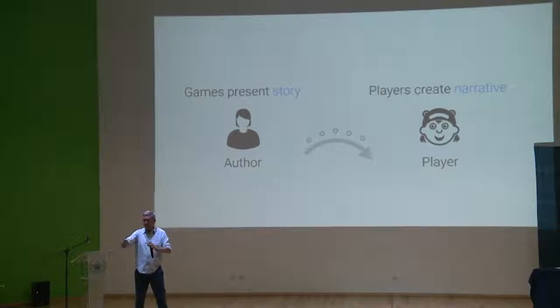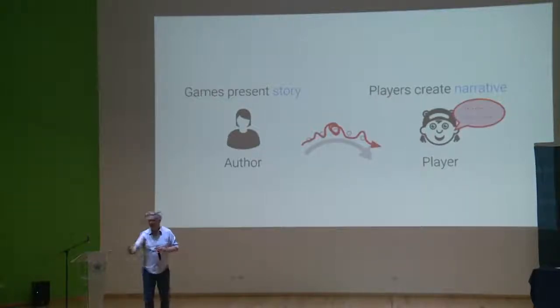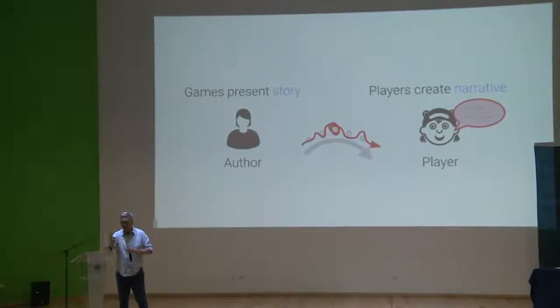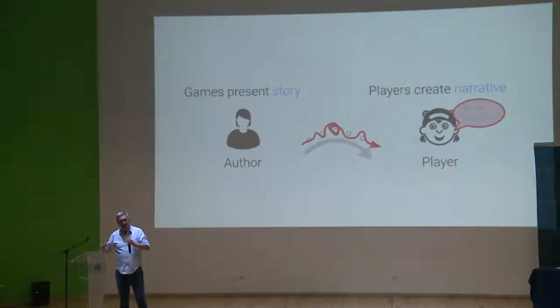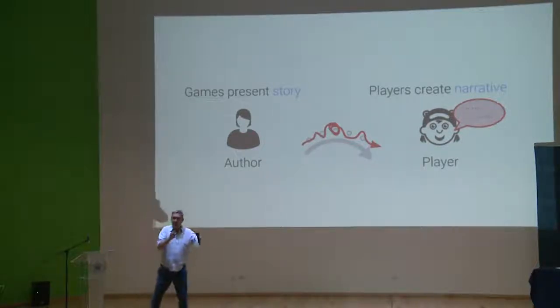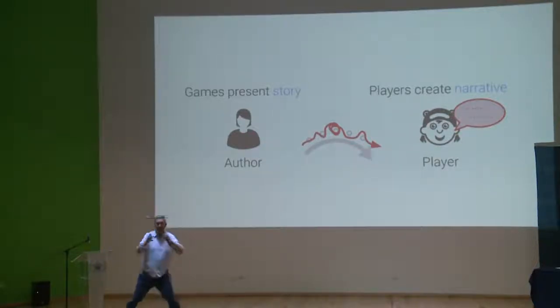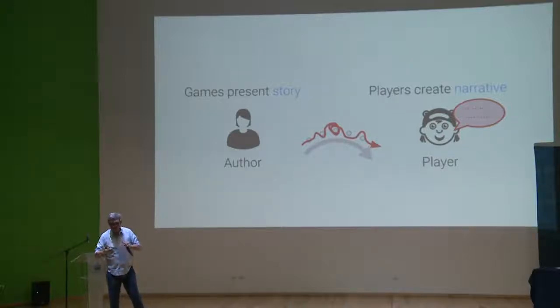And anybody who has done user testing knows this, right? This is the arc of the things I want you to do. But what does the user do? They just go all over the place, right? Users go here, they go there, they go, no, why are you going there? Don't go there. They just do that. And then on top of that, they tell a story afterwards. That's the narrative. And to me, this represents the classic tension between what we think the user should do and what the user actually does.